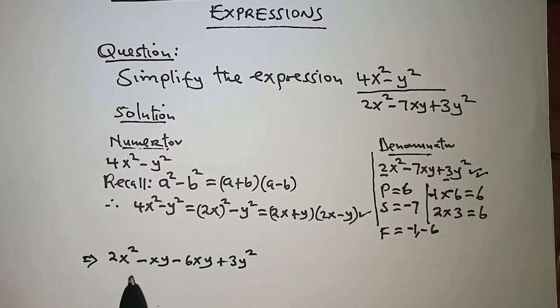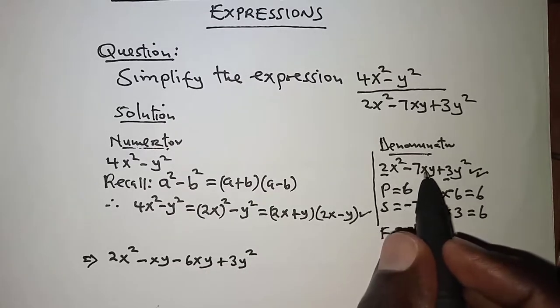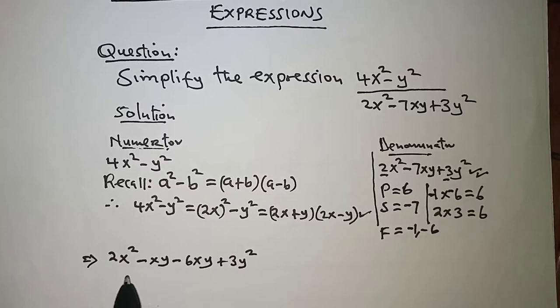So here, remember negative xy minus 6xy is still negative 7xy, so it hasn't changed, but we are doing this so that we are able to